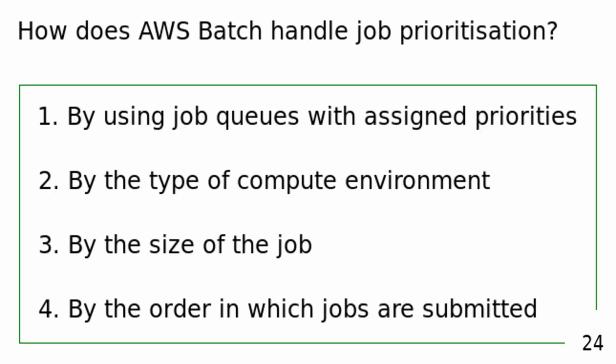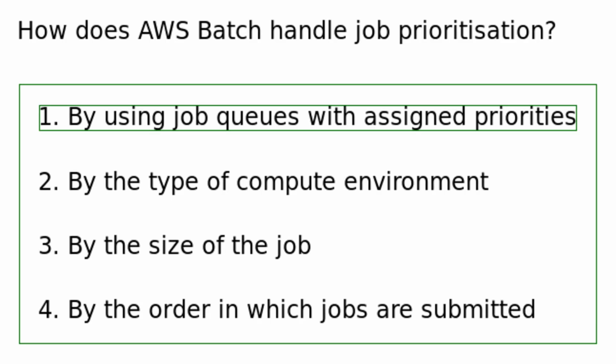How does AWS Batch handle job prioritization? By using job queues with assigned priorities. By the type of compute environment. By the size of the job. By the order in which jobs are submitted. AWS Batch handles job prioritization by using job queues that have assigned priorities, ensuring that higher priority jobs are scheduled